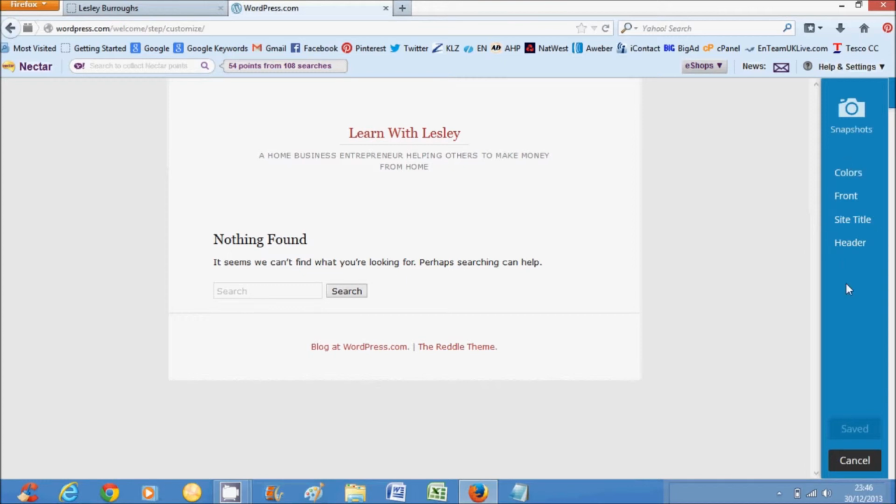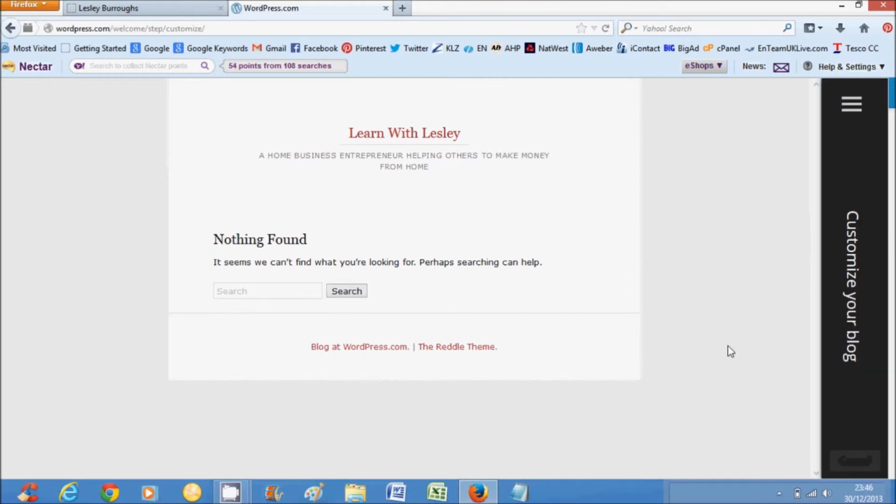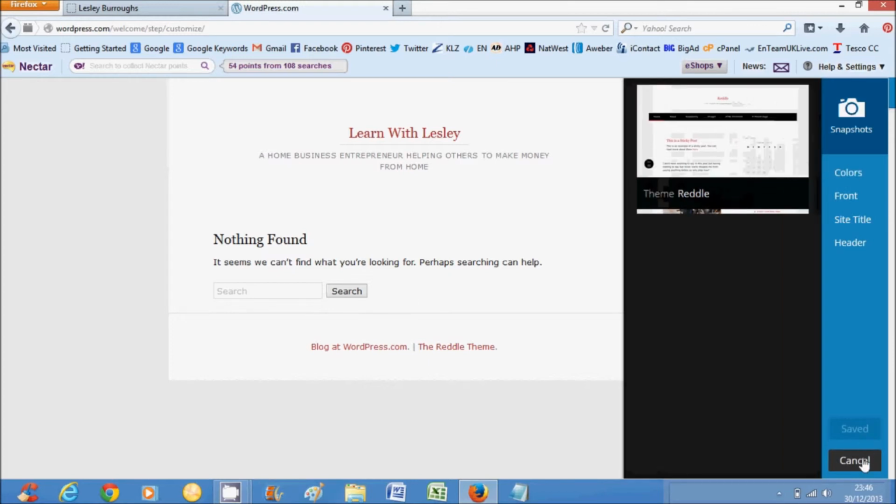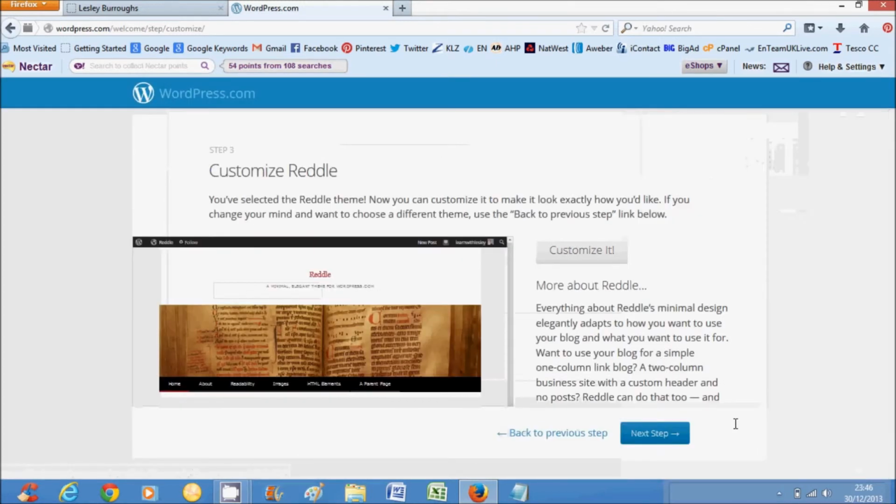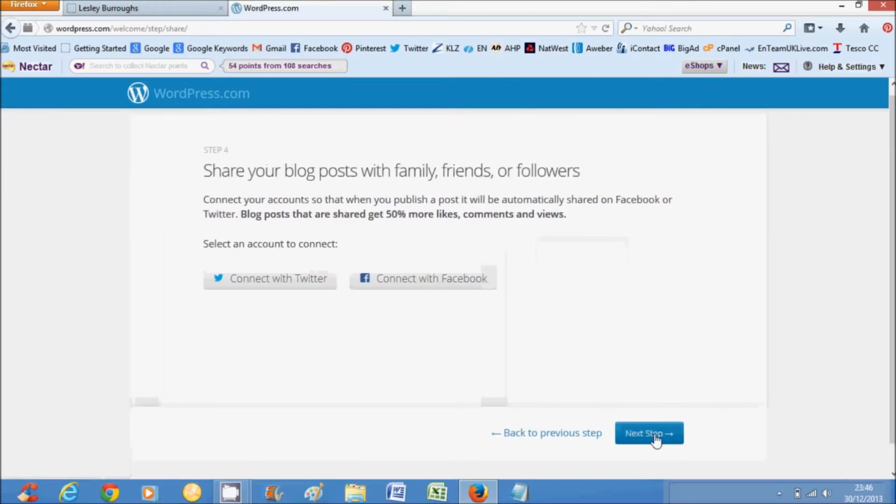the site title, the header. I may want to upload my own header image, but in the beginning, just some very simple text is sufficient. Okay, so I'm not actually going to apply any customization at this moment in time, because by logging in later I can actually do that and show you that separately. So for now I'm just going to click next step,